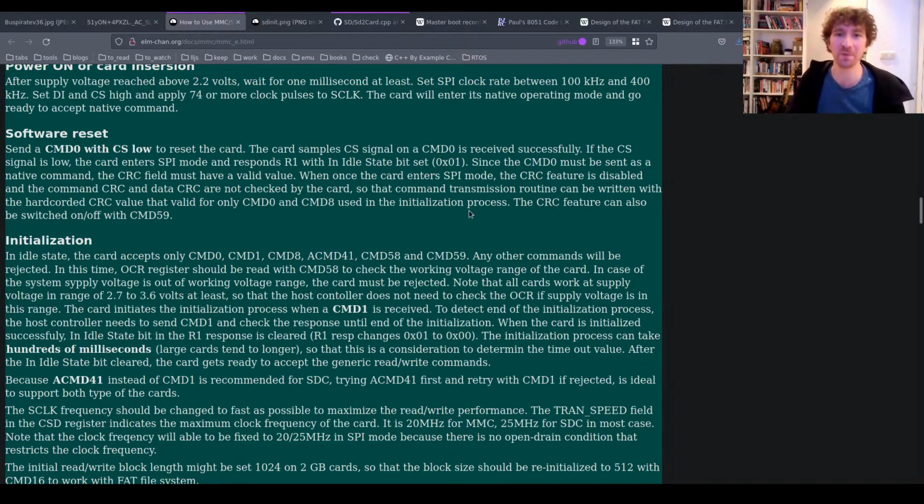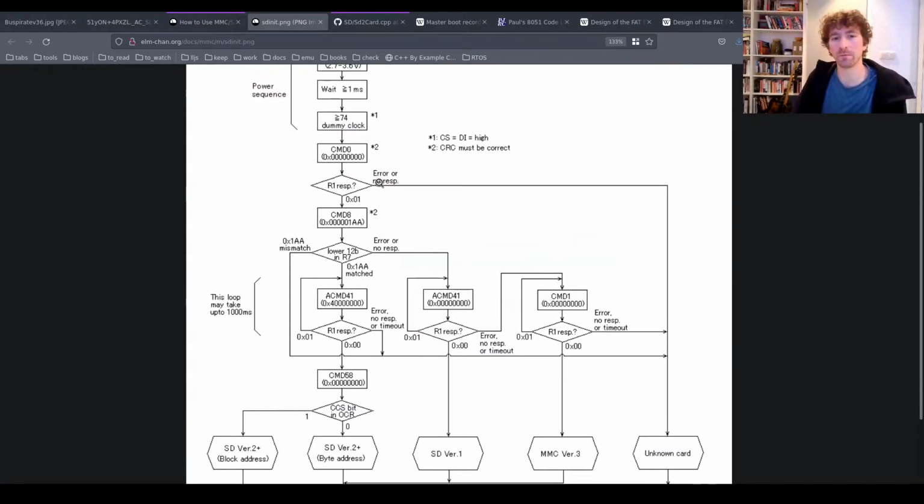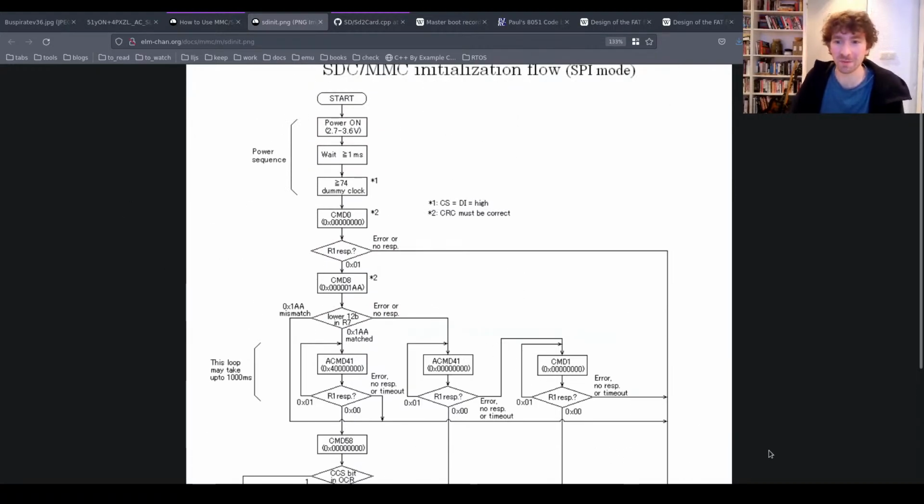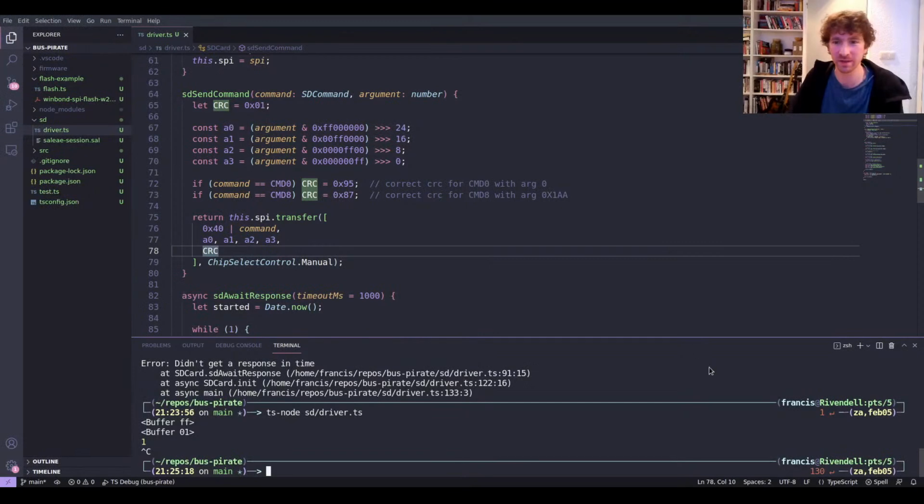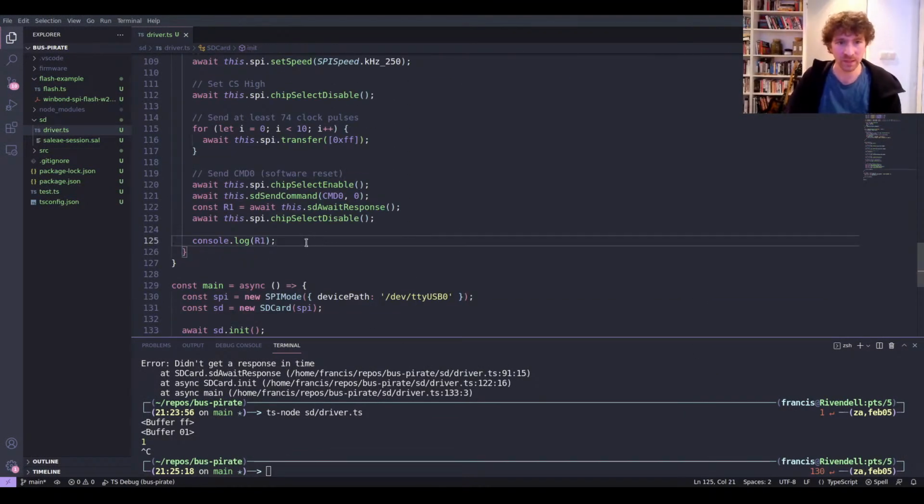Great. Where do we go from here? So when we've sent command 0, let's have a look at this thing. So did we get R1 response? No error, unknown card, power off. All right, let's actually implement that. Let's check for an error and let's implement error power off. So instead of just console logging R1 at this point, what we can do is check, hey, is R1